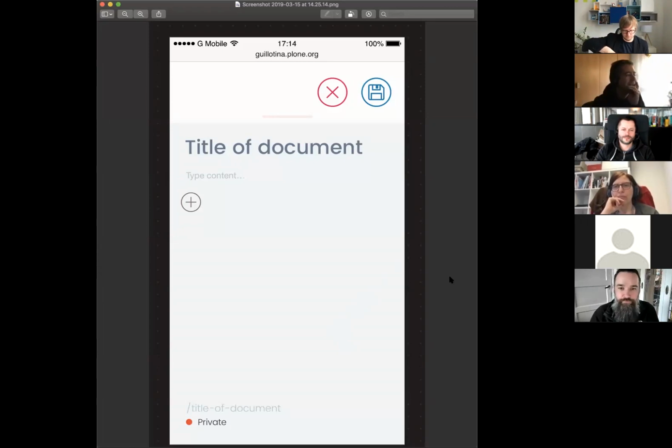Yeah, this is the concept that Albert did, and with here at the bottom, while you are editing, this is the mobile view, right? But we can do that in the desktop as well.